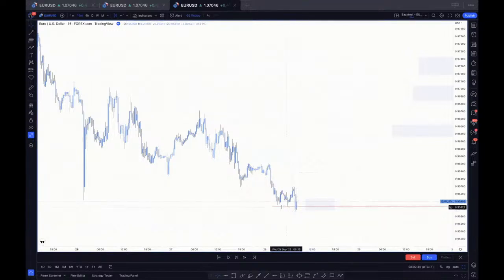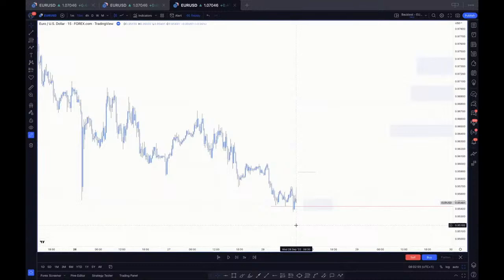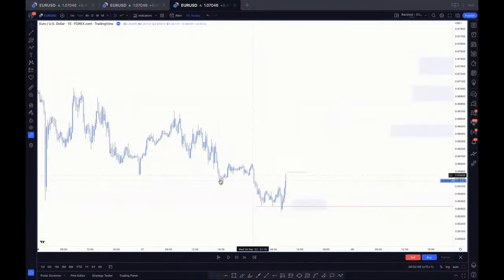So with this 8 a.m., now, this has broken this low, right? So let's see what happens afterwards. So you can see it's pulling back up. Again, just pulling back up. Now, we can see here that this